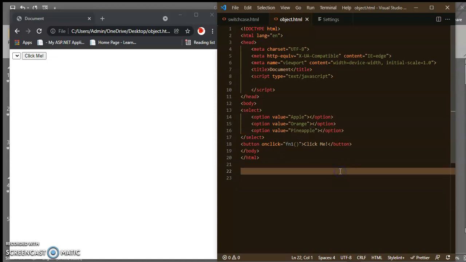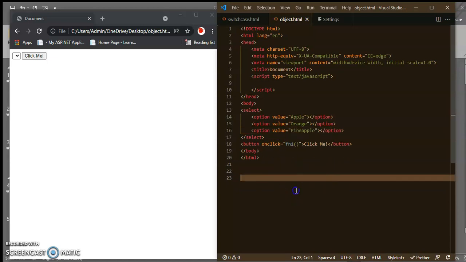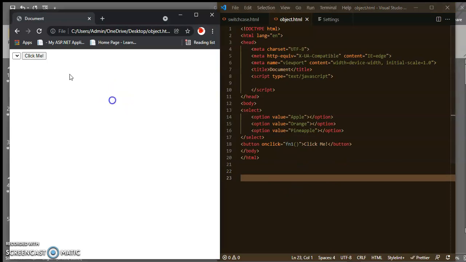After giving the value, it still doesn't display the value inside of the drop down box. Why? Because this value is for the alert box. Whatever you want to display inside of the alert message, that value is this one. So the drop down box doesn't show it.